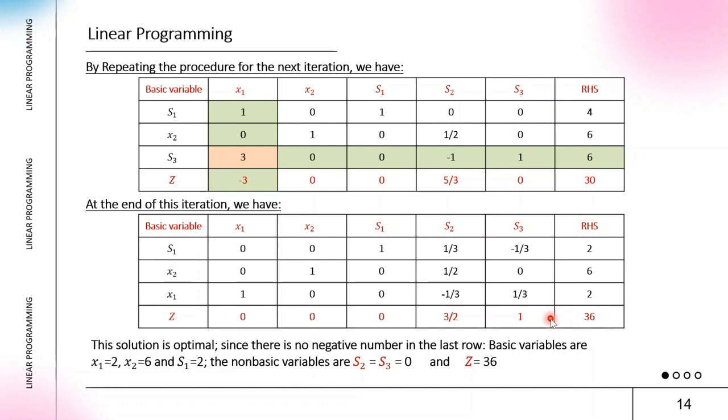This means that the optimal production mix is 2 units of x1 and 6 units of x2, and it yields a maximum profit of 36. The simplex method systematically navigates from one corner point of the feasible region to another and improves the objective value at each step until the optimum is found, as I said.